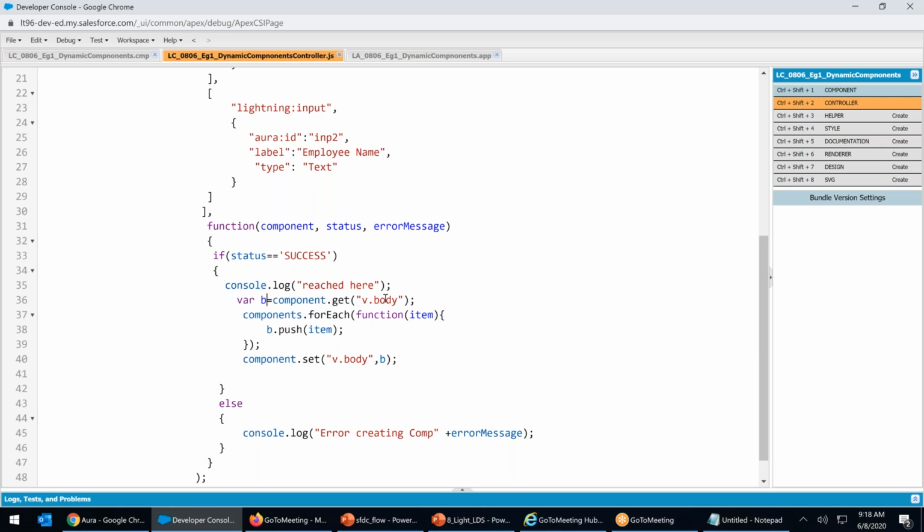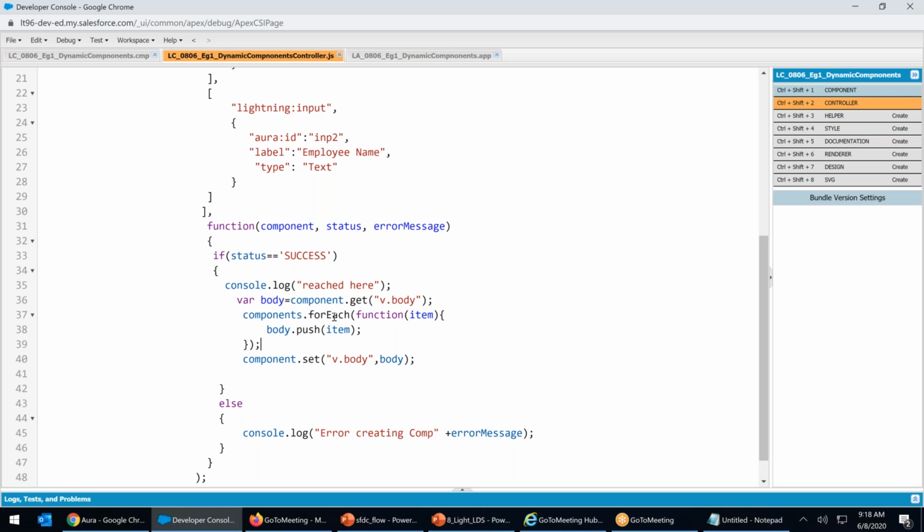Let me do one thing. Let me change it to how I was doing earlier. Body.push doesn't make a difference, but sometimes it does because it takes body as a reserved word. Where body equals component.get v.body, perfectly fine.